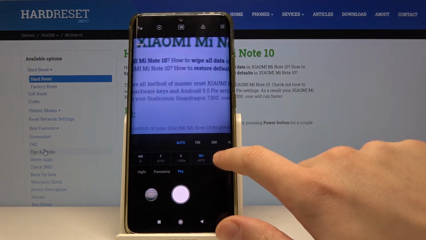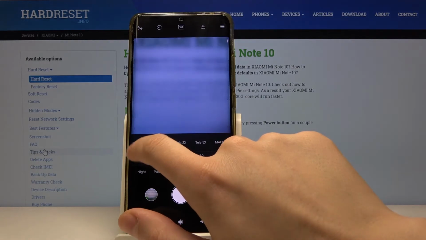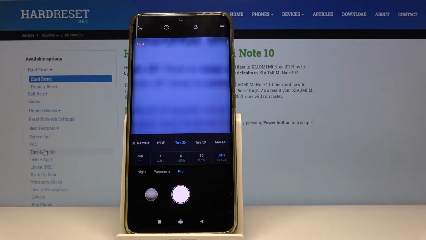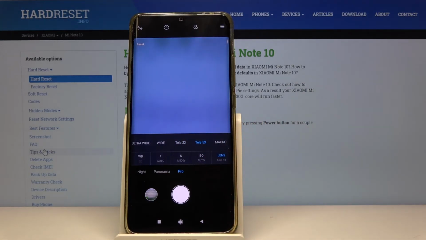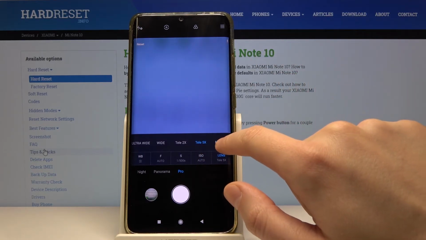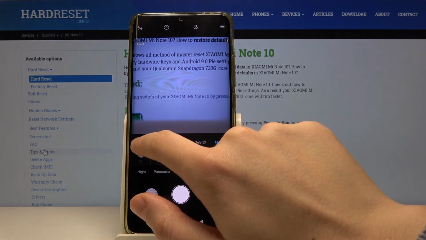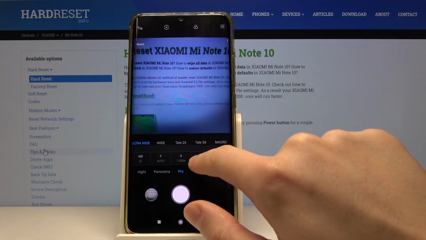And the last one is the managing of lens from ultra wide, wide, tele 2x, tele 5x. Oh, it's too close to this screen behind me. And the macro one. And we gonna stay on ultra wide, and